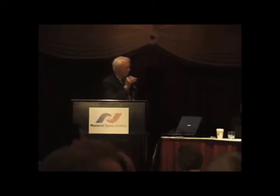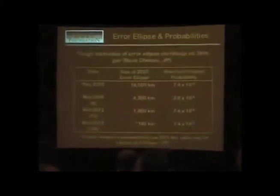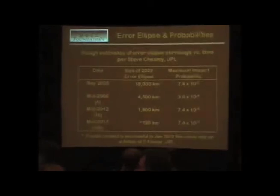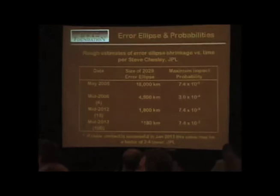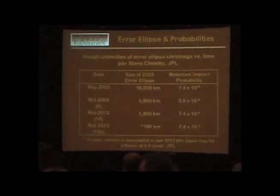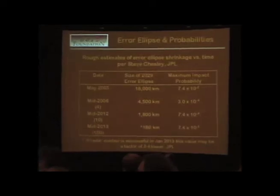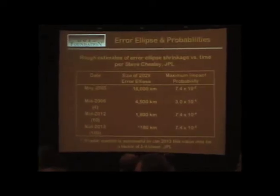All right, well, there's a chance of radar in January of 2013. That would reduce that by a factor of about 4 to maybe something like 45 kilometers. And then you're saying, well, maybe 1 out of 40 or something like that is the probability. Are we going to launch a deflection mission if the probability is 39 out of 40 that it's going to miss us? I don't know. And who's going to make that decision? There's nobody in government who's even looking at it, let alone setting the policy of what the accuracy has to